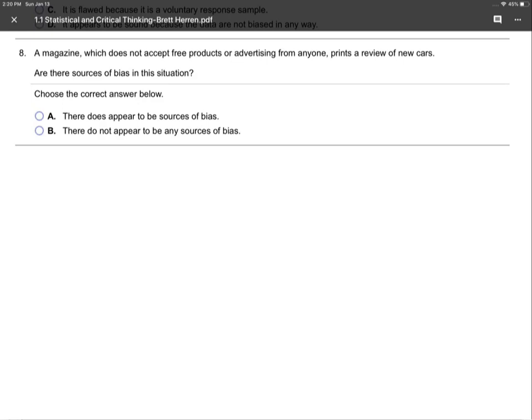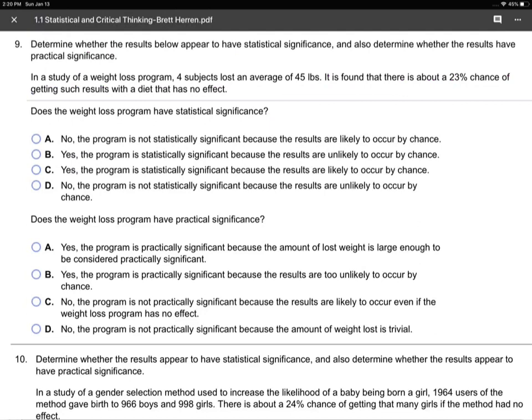Okay, a magazine which does not accept free products or advertising from anyone prints a review of new cars. Are there sources of bias? No. They're not taking any money. They have no bias. There doesn't appear to be any bias. All right, I think these will be pretty easy for you. Number 9,